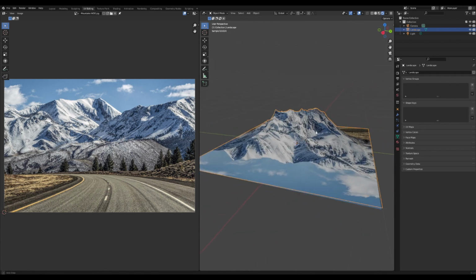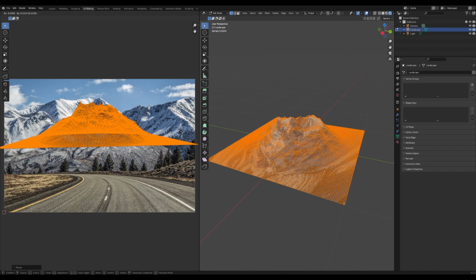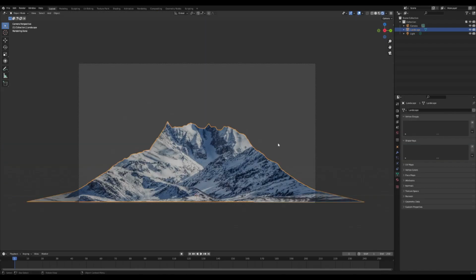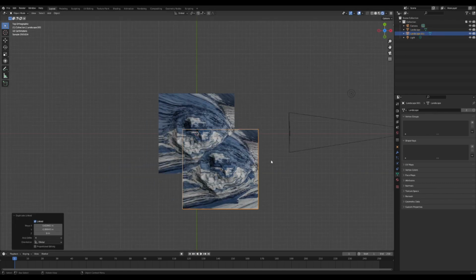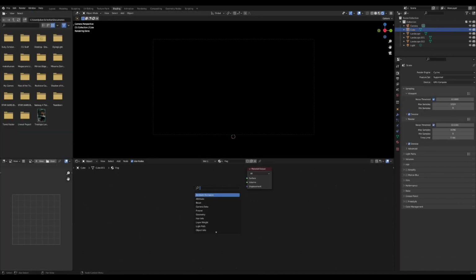So go to whatever position you want the camera to be in for your shot and press U, project from view. Now we have a mountain being projected up like this, and you can create more by just duplicating them around with Shift D. A good way to kind of merge the whole thing together is to add in a